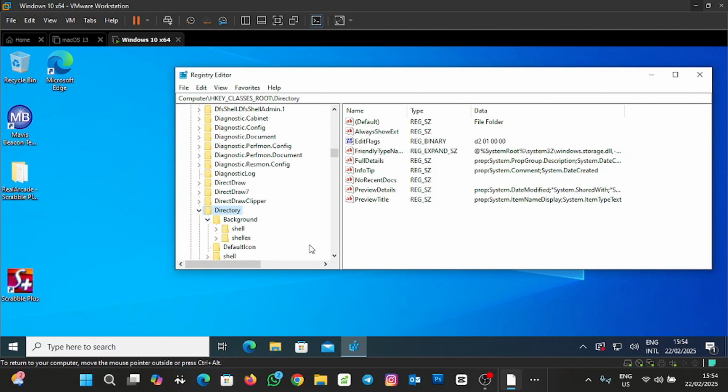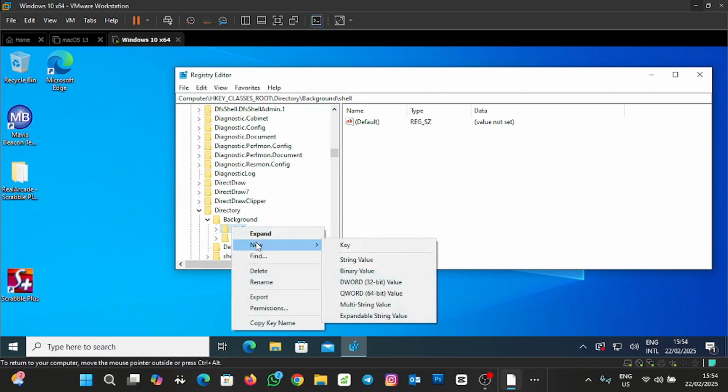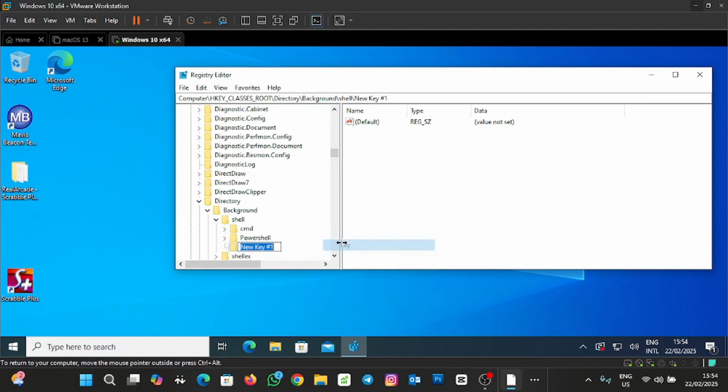So at the Background, the Shell, we are going to create a new key, okay? So I'll right click on the Shell and then go to new and then key. I'm going to name the key with the application I want to add to the right click shortcut, okay? So I'll name it Media Player,